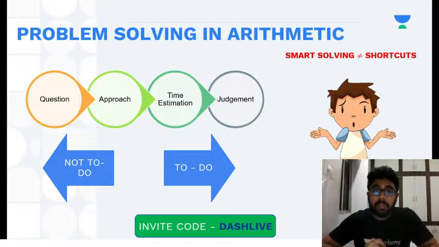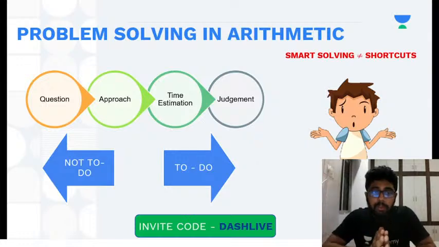Okay, and I can't afford to try the question randomly and then check whether I'll be able to solve it or not. Anyone who scores 99% plus, or let's say even 95% plus, doesn't waste time solving all the questions. So whenever I read a question, the first thing after reading, I have to decide: do I know the approach?